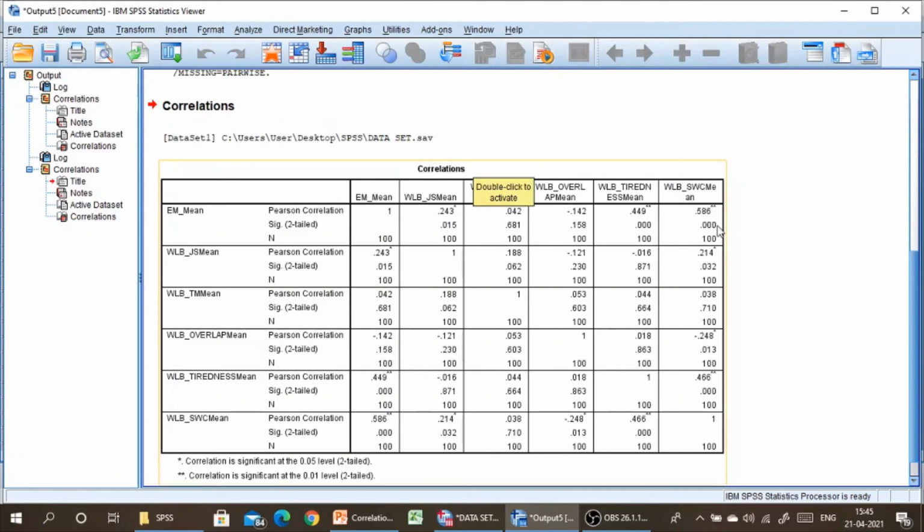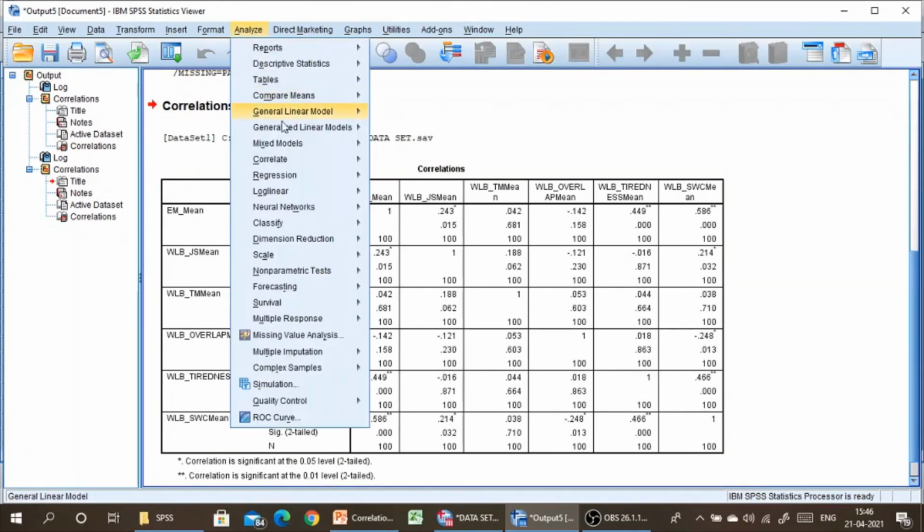This is a positive correlation and it is significant. If it is not significant, we say there is no significant relationship between these factors and the variable. So this is how we calculate correlation for dependent and independent variables using SPSS.